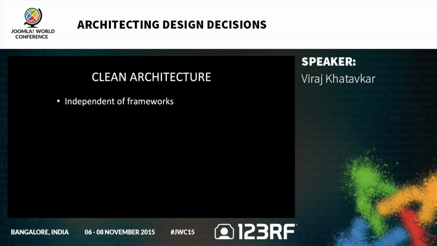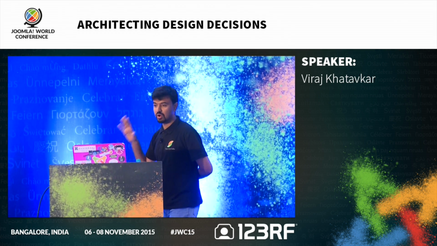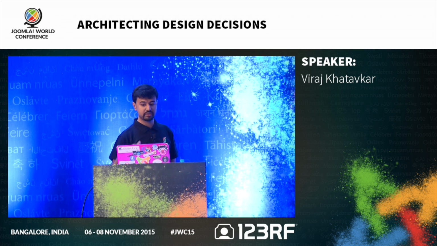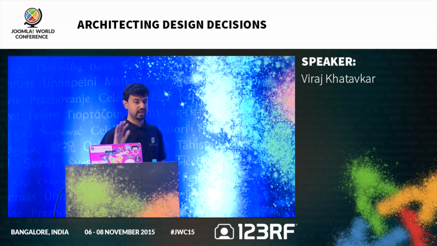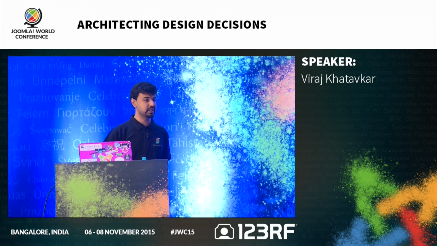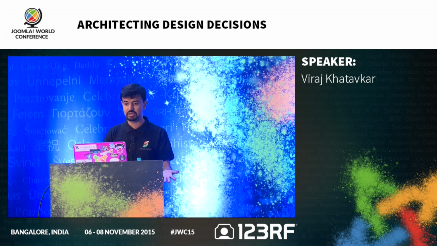So let us have a recap of what clean architecture looks like. It is generally independent of frameworks. As I said in my screaming architecture, your architecture should never scream about what tools you are using, like Laravel or Ruby on Rails or some frameworks or some ORMs. Your architecture should always be independent of frameworks. It shouldn't be ever saying anything about tools. It should be saying about your domain, that is inventory management system, accounting management system, library management system, whatever